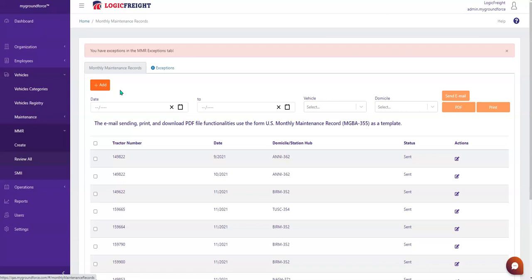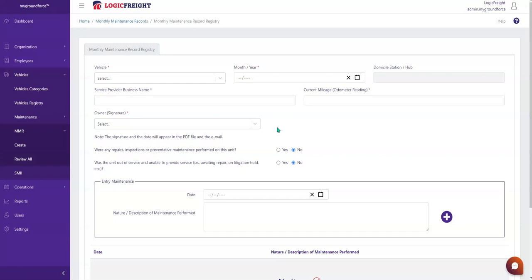We have two ways to create MMRs. We can use the import feature and we can use the add feature. So we will start by using the add feature. If we click on add, we now see the monthly maintenance record registry with the fields vehicle, month, year, domicile, service provider business name, current mileage, owner signature, and then the questions that you see on the standard MMR form. So if we select a vehicle,